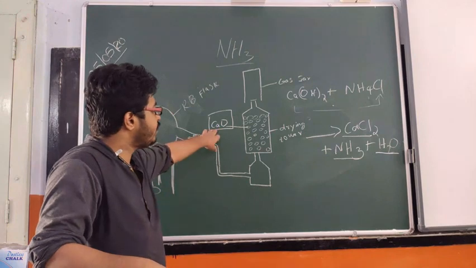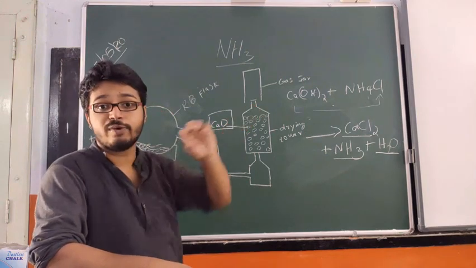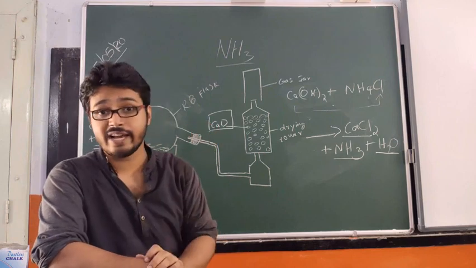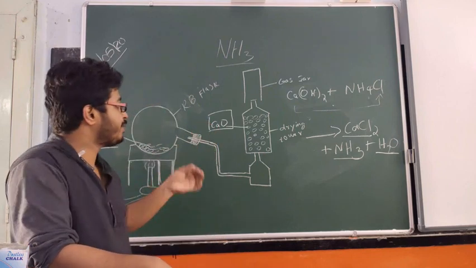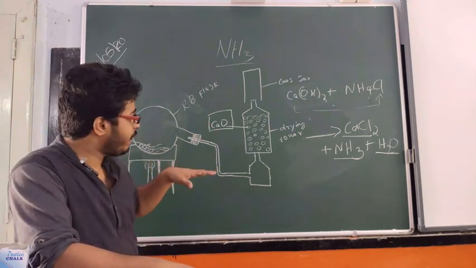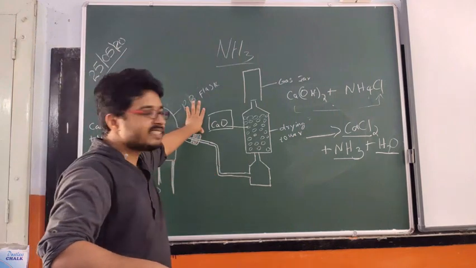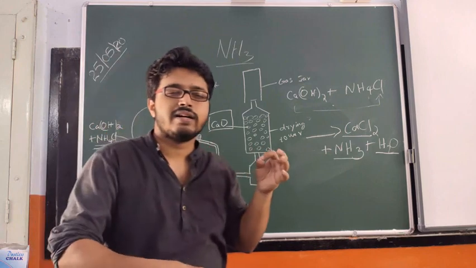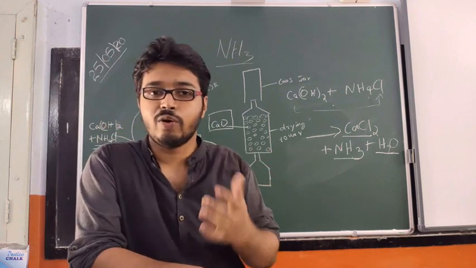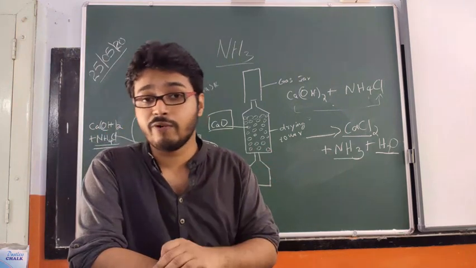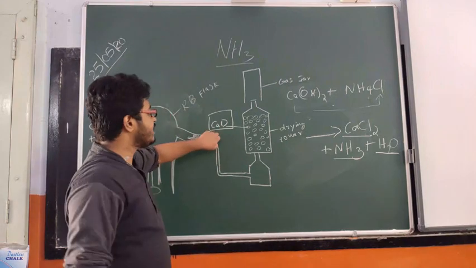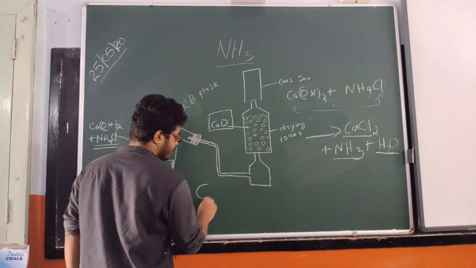Okay, so why are we using calcium oxide? That is one of the important questions, and the most usually asked question from the laboratory preparation of ammonia. Why can't we use any other drying agents like concentrated sulfuric acid, P2O5, CaCl2, etc.? Okay, so the reason is this: calcium oxide